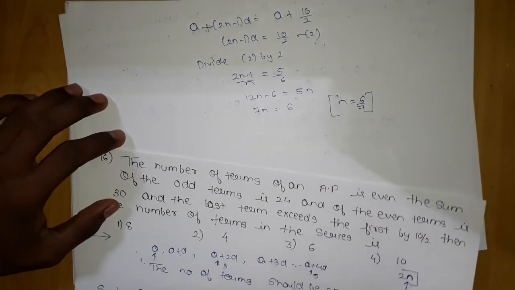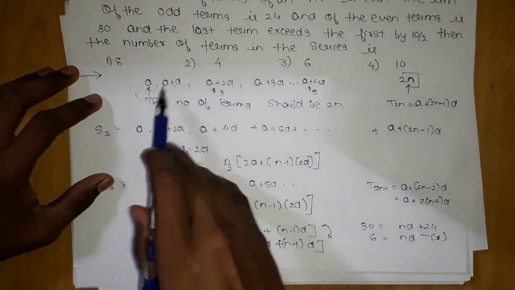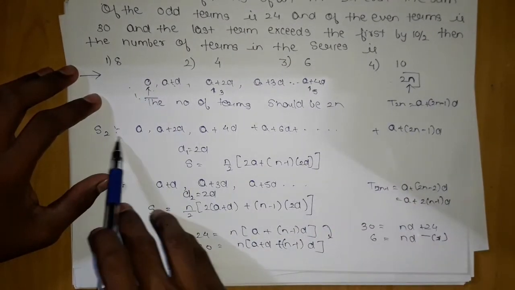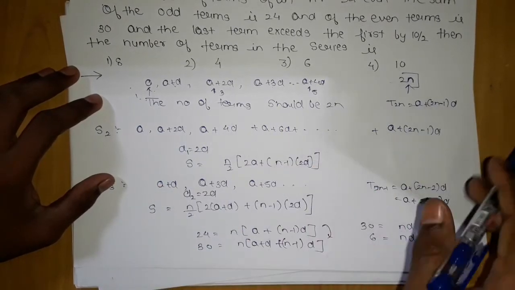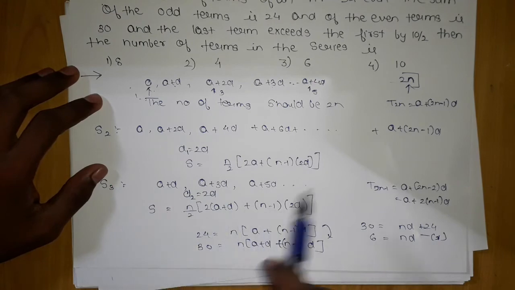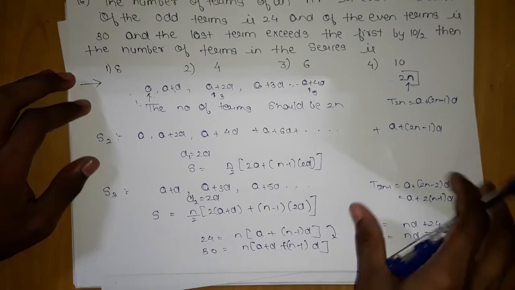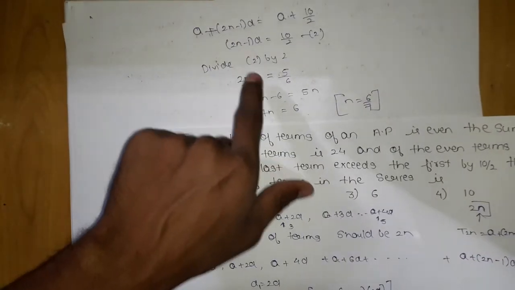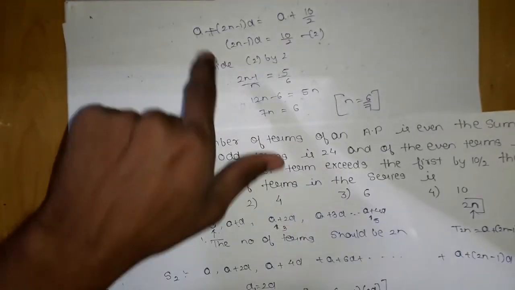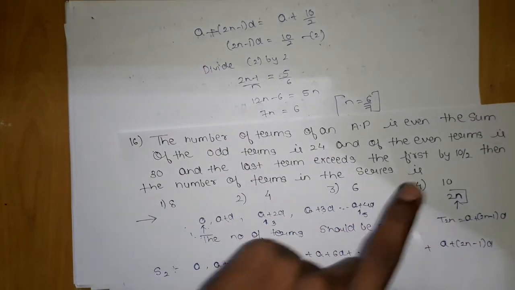Hope you have understood all the things. Just be cautious when you are talking about series. When this series appears, don't take d as d only, take d as 2d. This is a new series, and similar goes here. Please don't make these silly mistakes, otherwise your answer will be wrong. And don't forget to use this last condition, a plus 10 by 2. Here children put tn. Don't put the tn, we have already found it. How did we find it? We know 2n terms.